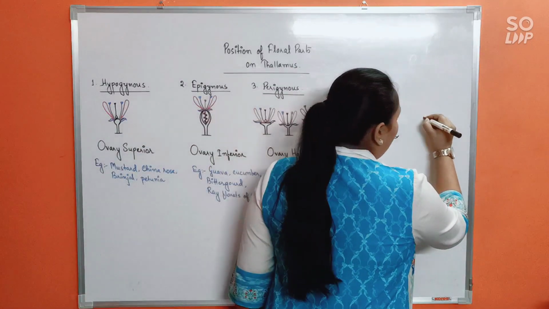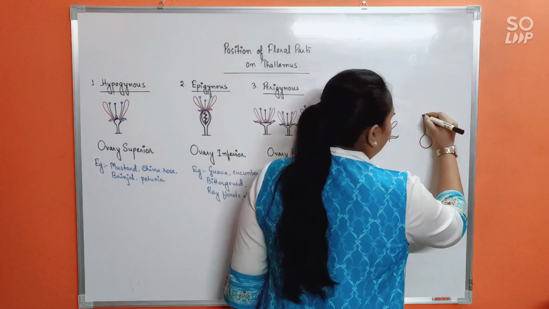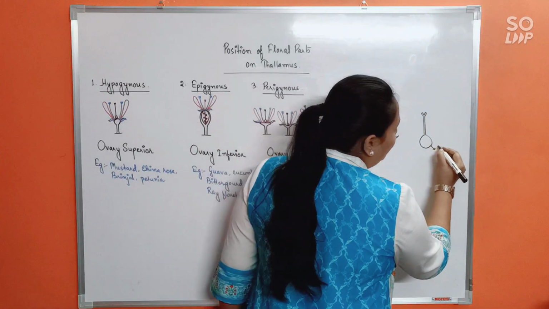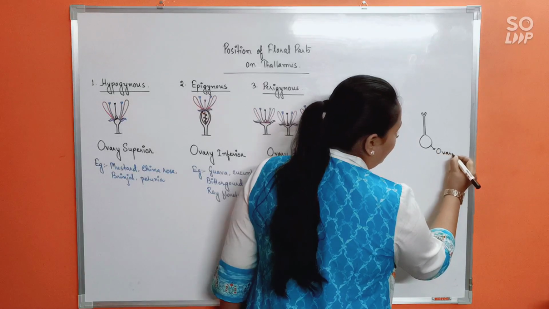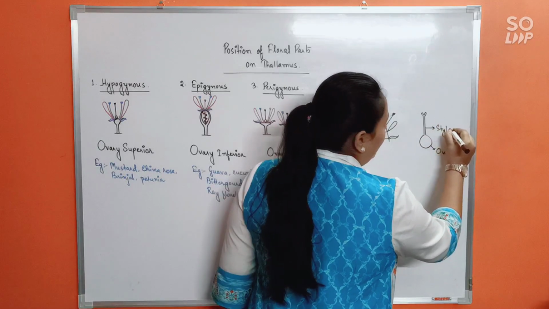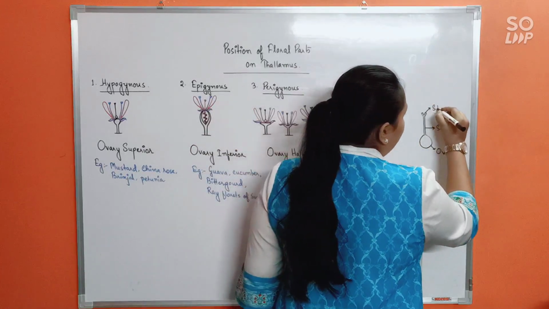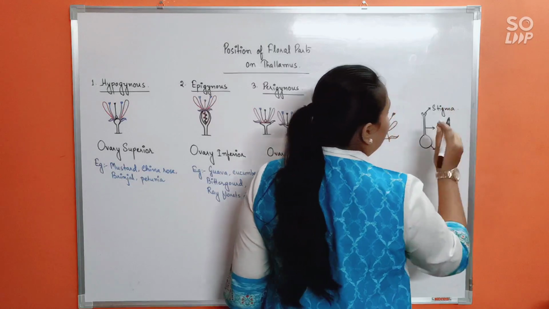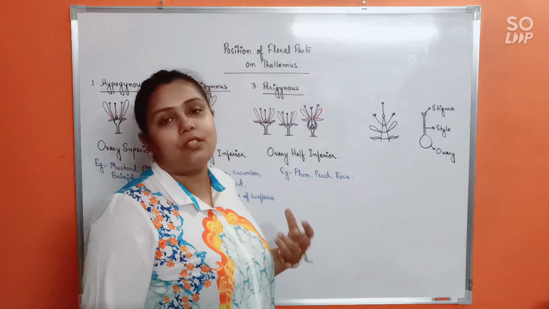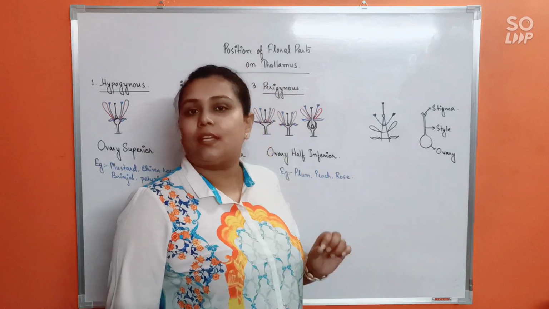The carpel is actually a structure that would look like this. It consists of three parts. The globular base is called the ovary. Then the filamentous structure in between is called the style. And this tipmost region, that's called the stigma. Stigma, style and ovary. This is the structure of the carpel, and I'm going to use the term ovary all throughout our discussion. You must remember this two first. Alright, so let us start our discussion.